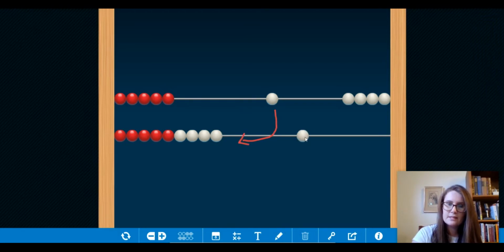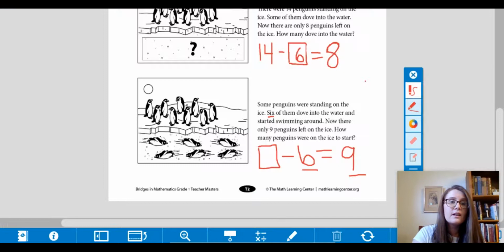And that means that I now have 10 here and only 5 here. And I'm going to think 10 plus 5 is the same as 15. I could put 10 in my brain and also just count on 5. So now I know that 15